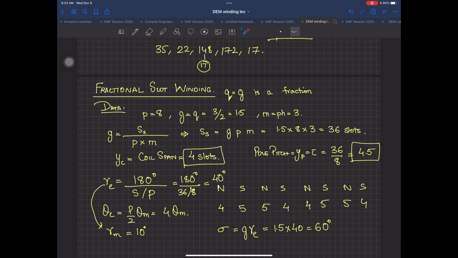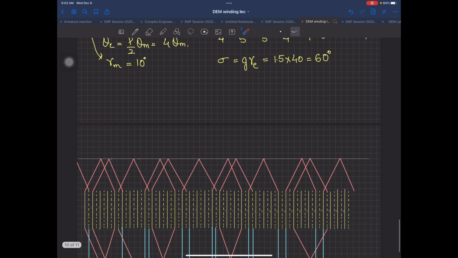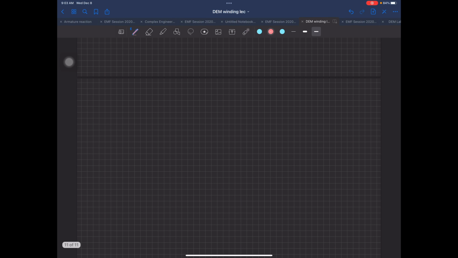Now you have one paper with you. I guess everyone has been given. Do one winding just now. Let's see if we have time or not. Do one winding. Let me give you an assignment. The number of poles is 10. So now this is going to be a heavy one. The number of slots is going to be 48. There are no lines in it, you will now have to see how to do it. You have to do it. This is a fractional slot double layer winding.